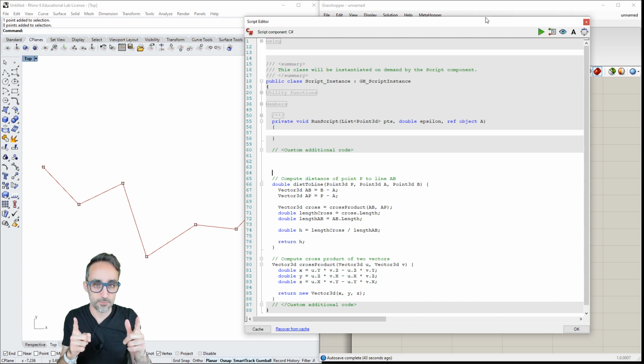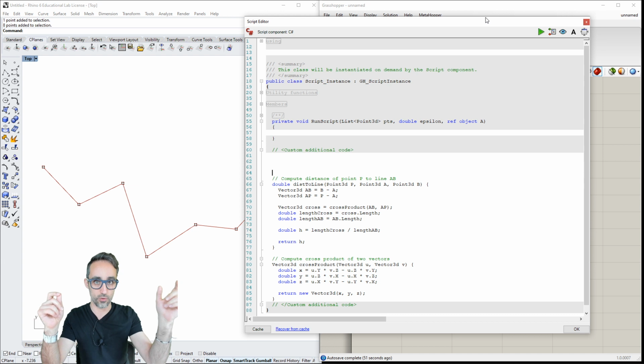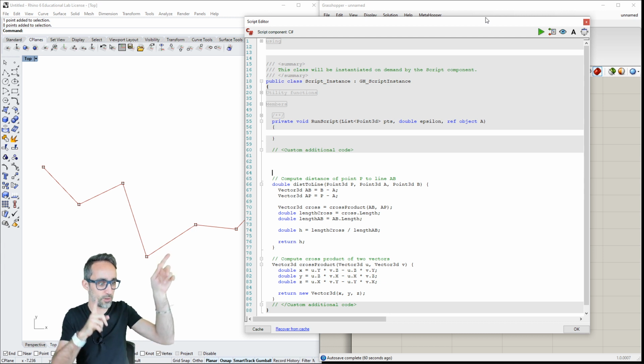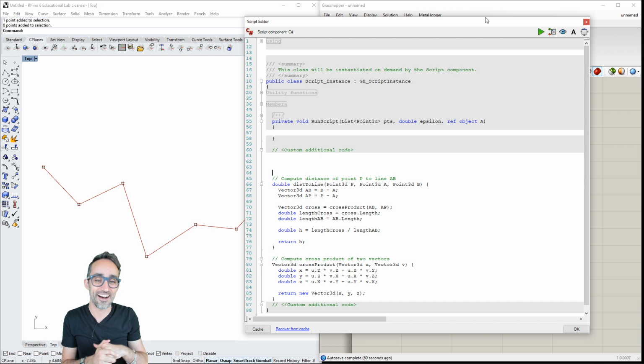Before we start, it's going to be very important for this algorithm that we have a way of calculating the distance of a point to the line that is formed by two other points. I have a geometry gem that I recorded where I explain how to do this, and I wrote the algorithms. There's probably going to pop up a link somewhere here, or you can find it in the description. But I copy pasted some of this code.